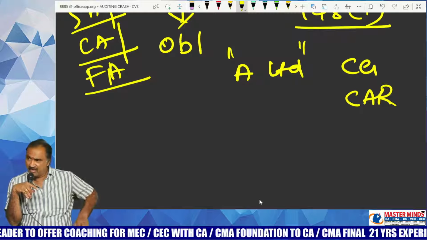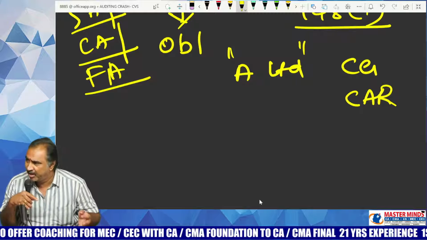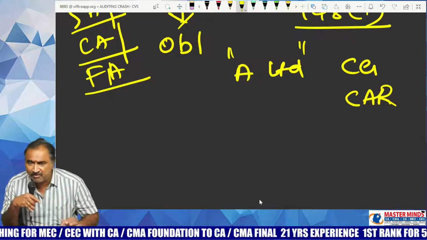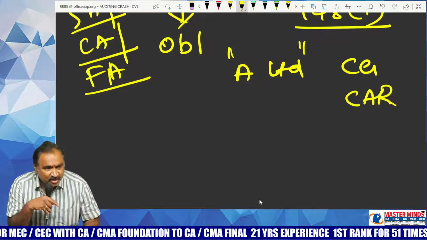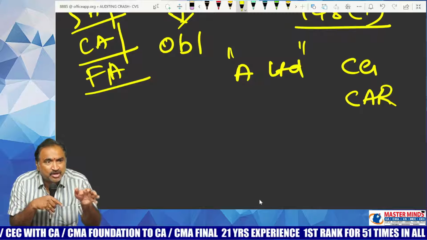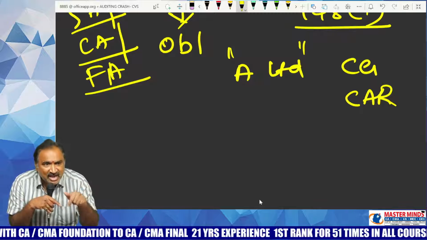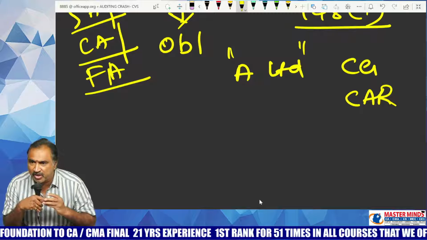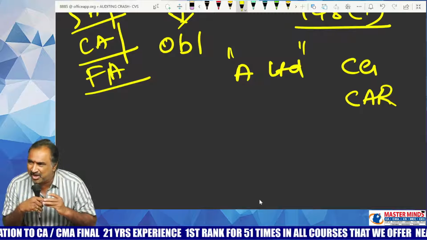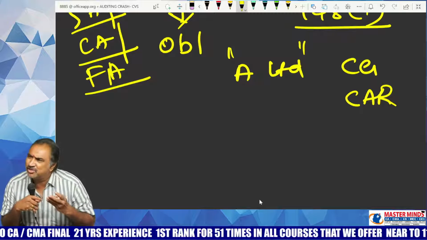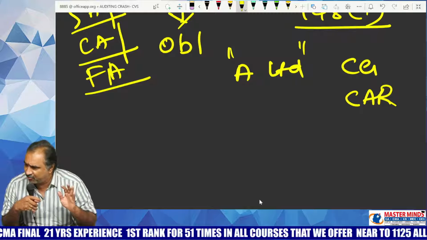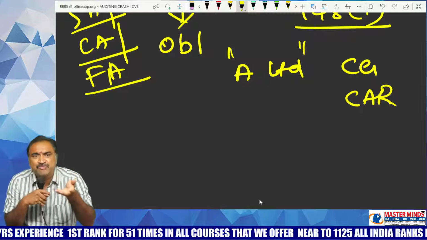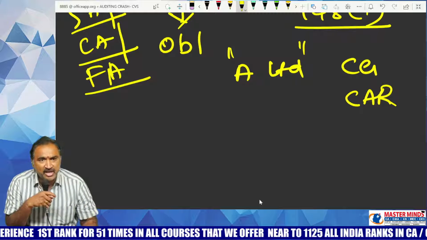You need to check whether the company had really maintained cost accounting records in accordance with the directions given by central government. For that, you need to go through cost accounting records. In order to go through the cost accounting records, you asked the company to provide access to cost accounting records. The company denied access of cost accounting records to the auditor on the ground that you are not the cost auditor of the company, you are just after all a financial auditor. Therefore, we do not want to provide access of cost accounting records to you. That was the answer given by the company to the auditor concerned.